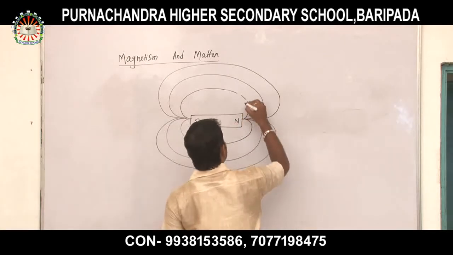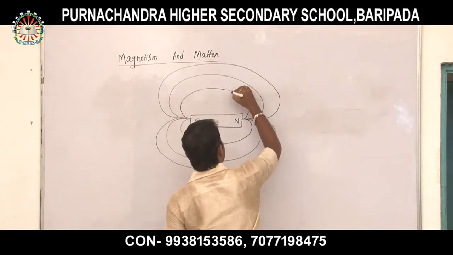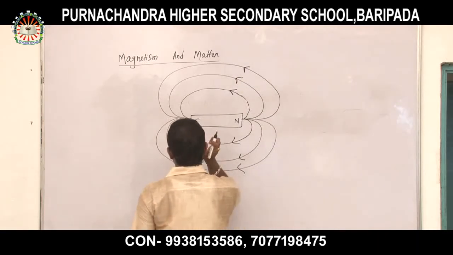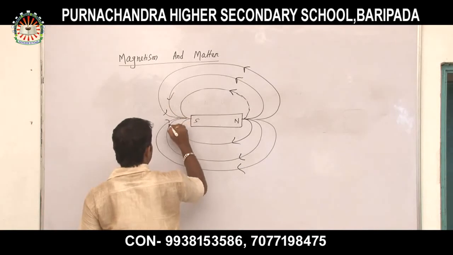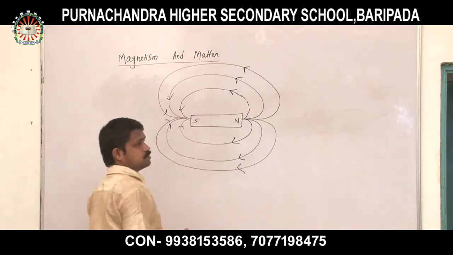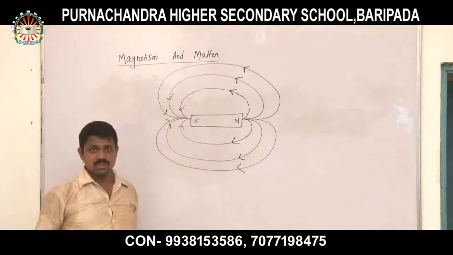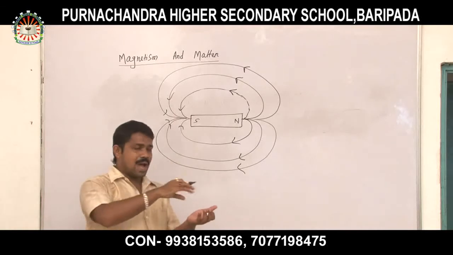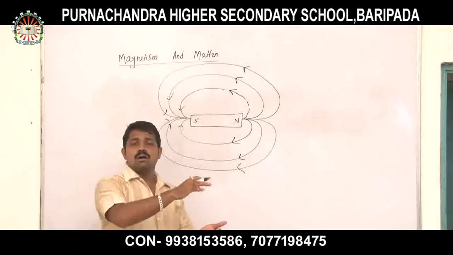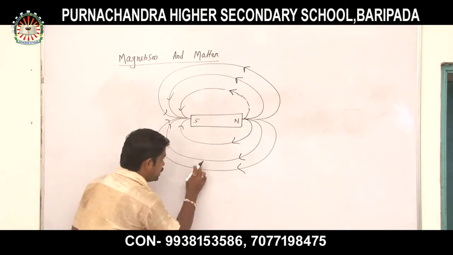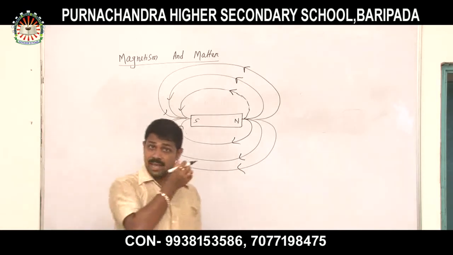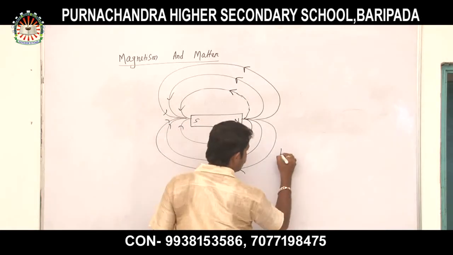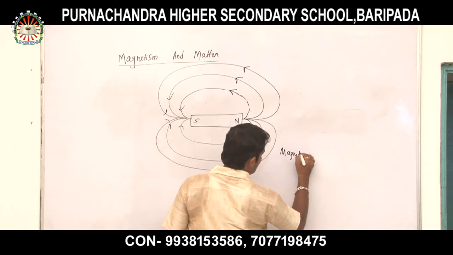And what I can see is that these lines are emerging out from the north pole and going into the south pole. Clear? These are the lines we will get when I sprinkle some iron dust on the paper. Remember, these lines are imaginary lines. What are these called? These are called